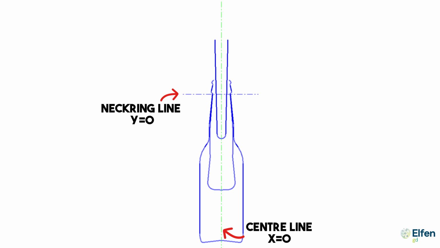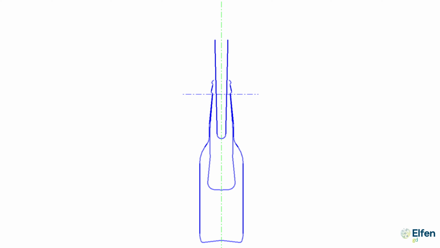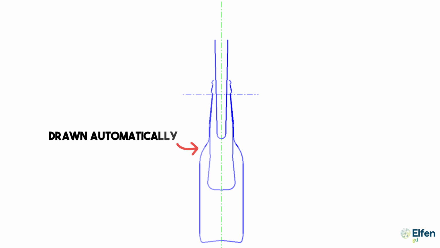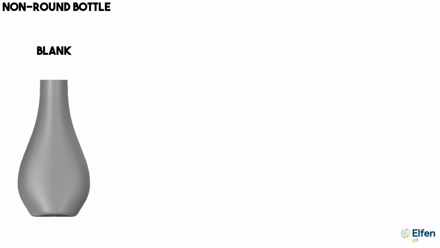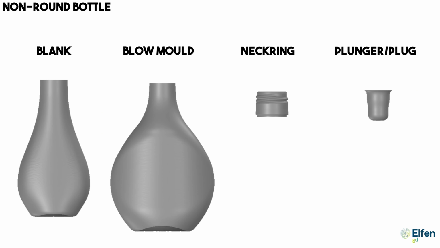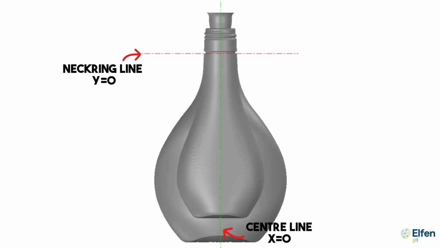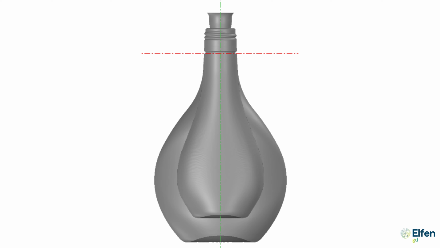line and center line. As this is a round bottle, the user only needs to prepare the right-hand half of the drawings, and the other half will be drawn automatically when imported in Elfen GD. The same requirements apply to non-round bottles, where they have to be in 4 separate files, each with an identifier, and aligned to the neckring line and center line, the only difference being it has to be fully